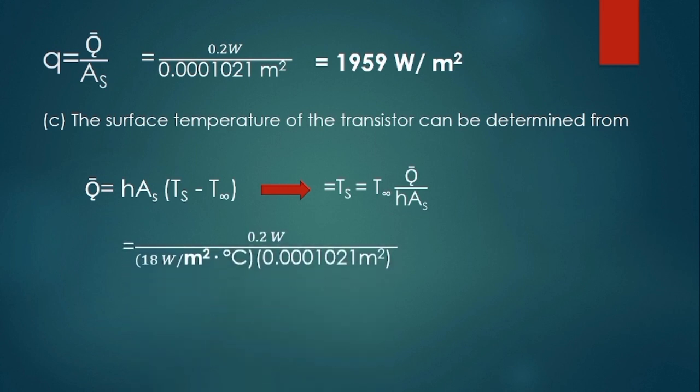So we have the power of the transistor from the environment, which is 0.2 watt, over our coefficient, which is 18 watt per meter squared degrees Celsius, times the area of surface, 0.001021 meter squared. Our surface temperature is